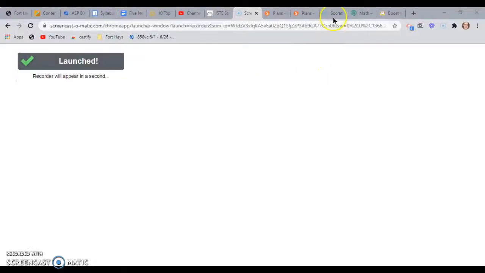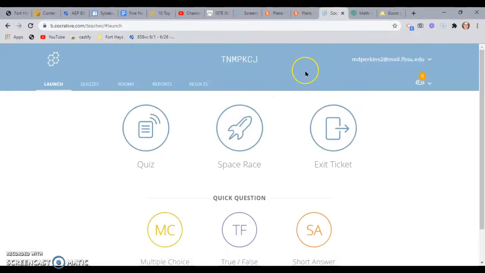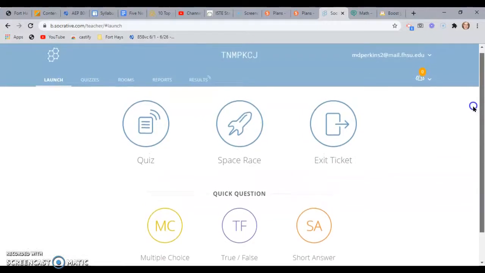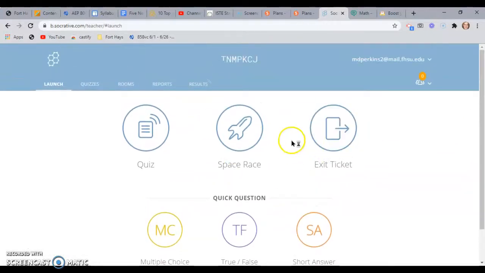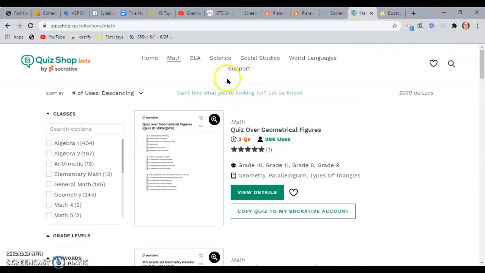The instructional tool I selected next was Socrative. It is a tool, kind of like others, that is used to make assessments. So you can make assessments, you can assign them to different students, you can get instant results. One of the nice features of this that I saw when exploring is that there is an associated quiz shop